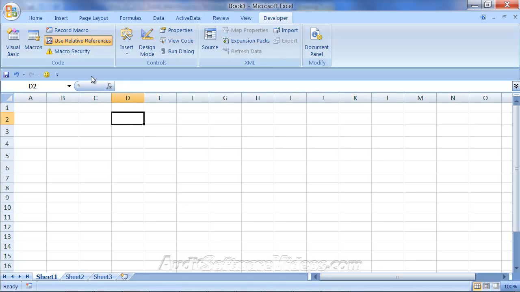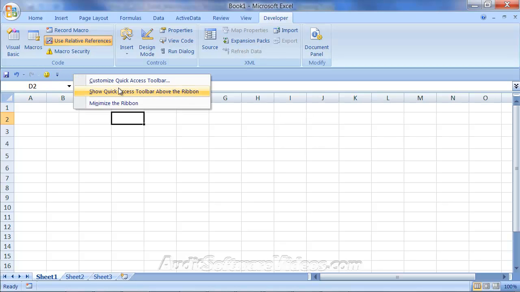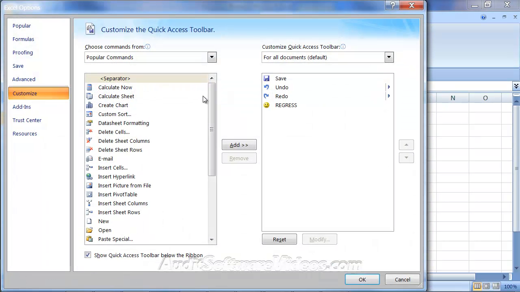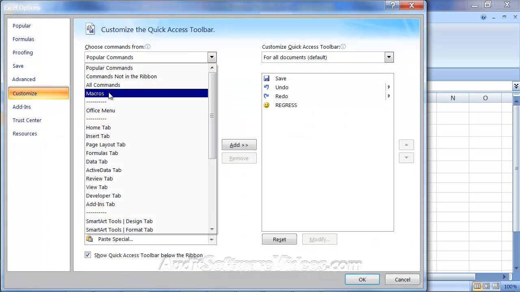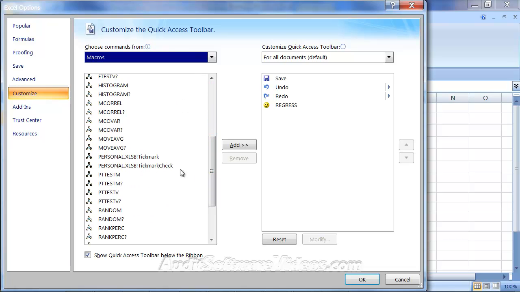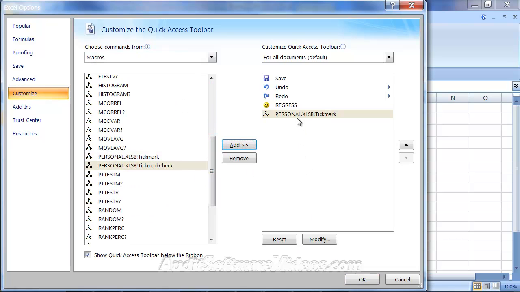and that's not what you want. The other thing is the tick marks get a little hard to remember. I mean, Control-Shift-T is the shortcut that I'm using for tick mark, and that's great, but you may not remember, and you may hit something else, and something undesirable happens. So a great way to handle this is just to go right to your Customize Quick Access toolbar, and what I can do is change this to macros. Go down to this tick mark, which is the one that I want,